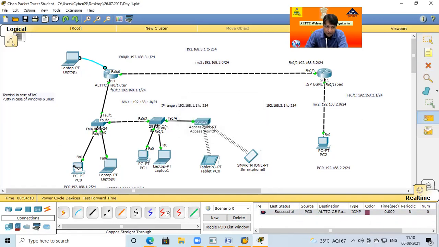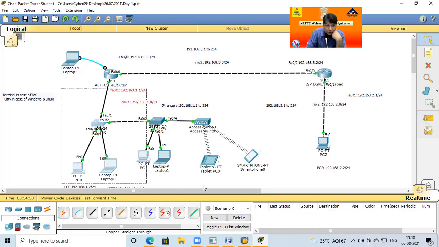If I want to communicate from this computer to another computer, it fails. If I send from this PC to this PC, successful. If I try PC2 to this router, it fails. Okay. The conclusion is that in your own location, your own LAN, if I configure any network setup, they communicate with each other without any problem. That is simply known as LAN configuration, and there is no issue.